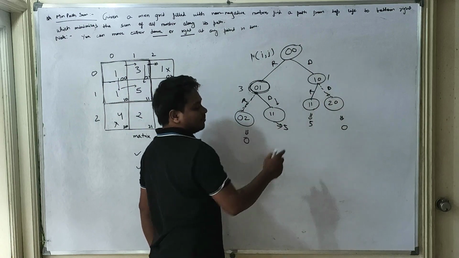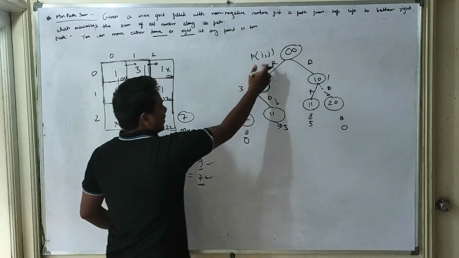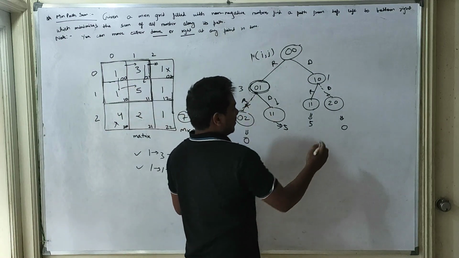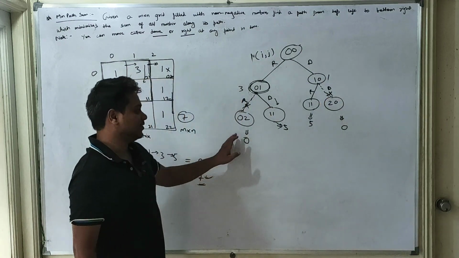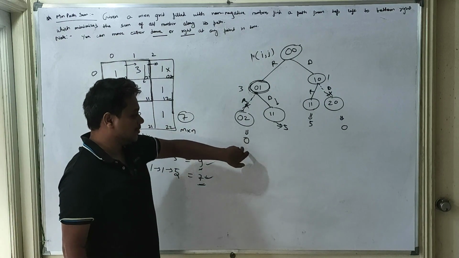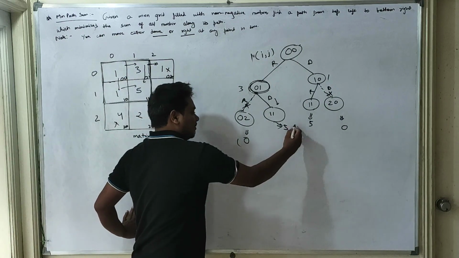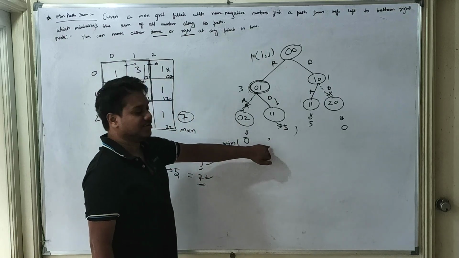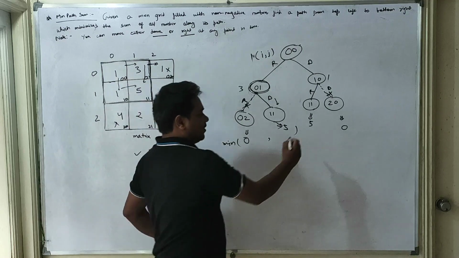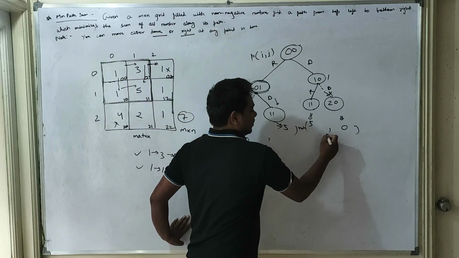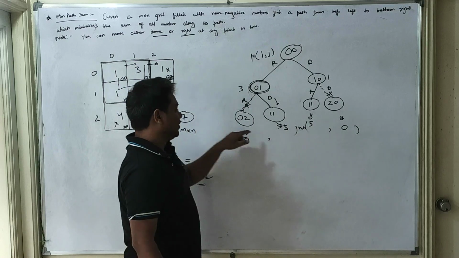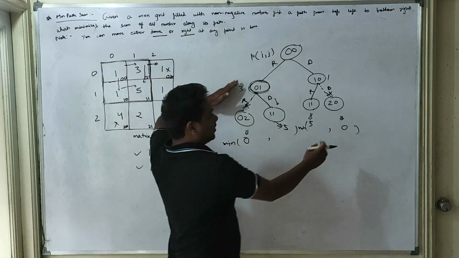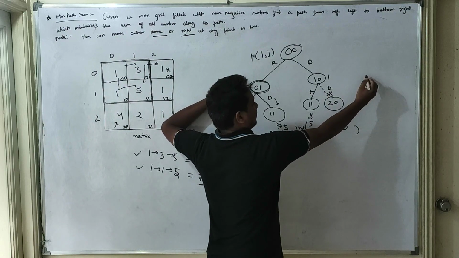So via this path we are getting 7, via this path we are getting 9, but we have to discard this particular branch and we have to discard this particular branch. So if we would return 0 from here, and if we want the minimum value of 0 comma 5, then this will return 0 from here, and similarly from here also it will return 0. Okay, then 0 plus 3 would be 3 from this branch, and 0 plus 1 would be 1 from here.